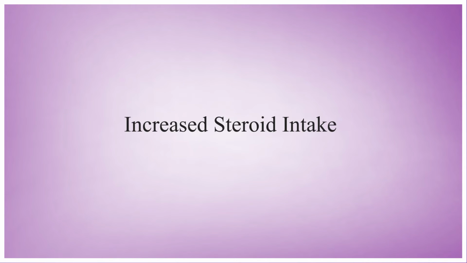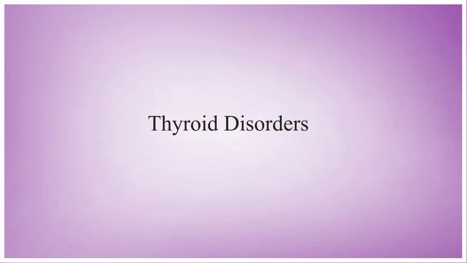Other than this, the other causes of diabetes could be hormone issues. Any abnormality of the hormones can cause increased blood sugar levels. For example, increased steroid intake from outside can cause diabetes, or if any steroid hormone is being produced in excess in the body. Thyroid disorders, especially hyperthyroidism, can also cause increased blood sugar levels. What we call the hormonal causes of diabetes, and the other causes could be increased growth hormone or very rare other hormonal disorders.